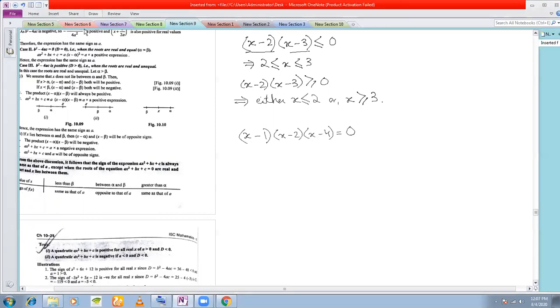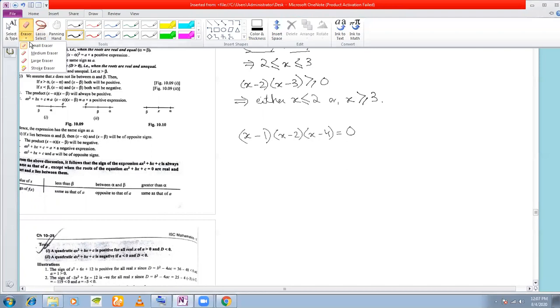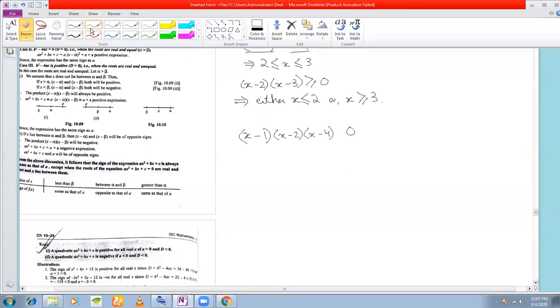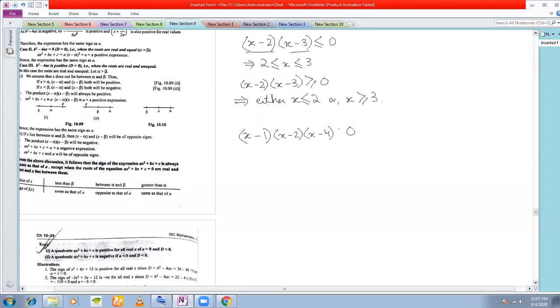Then if I have (x minus 1) into (x minus 2) into (x minus 4), if I have this less than or equal to 0, then I can say, see, I have 1 as the lowest, then the next lowest is 2, and the next lowest is 4. So I can say that 1